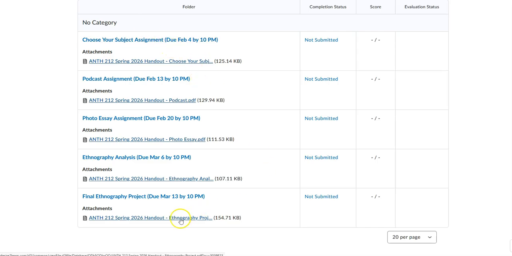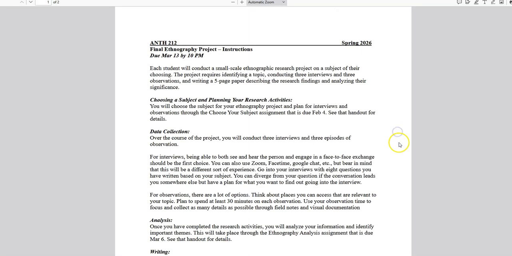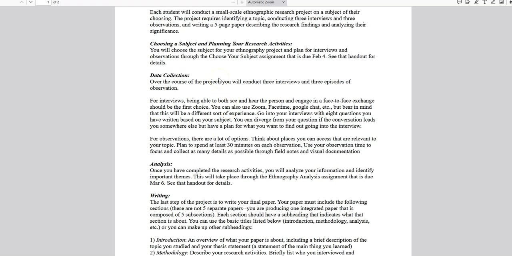which is the final ethnography project. And this one is really the culmination of all these smaller ethnographic assignments that you've been working on. So if you look at this handout for the final ethnography project, you'll see that it goes through many of the steps you've already taken, right? So you remember we did that assignment called choosing your subject, right? So there's that step. Data collection, that's the 3 interviews and 3 observations that you've